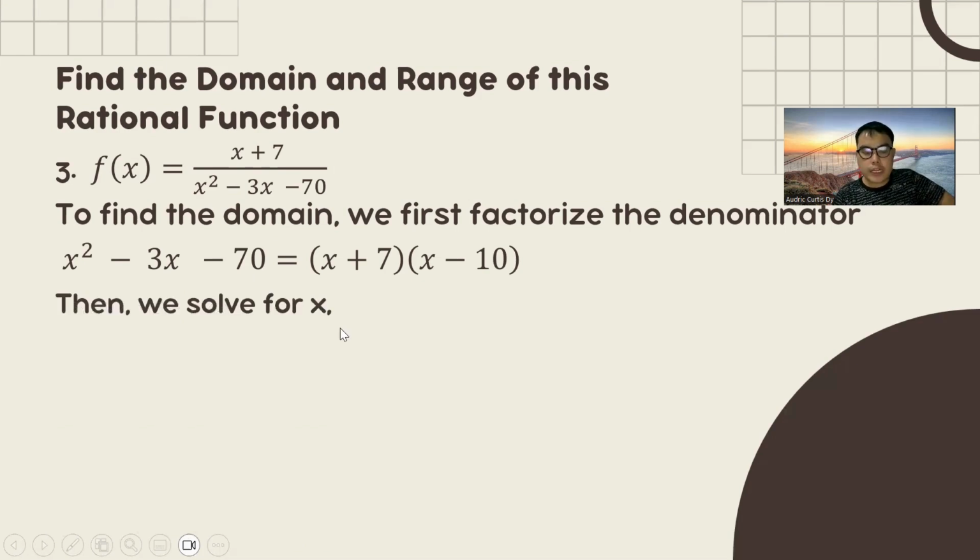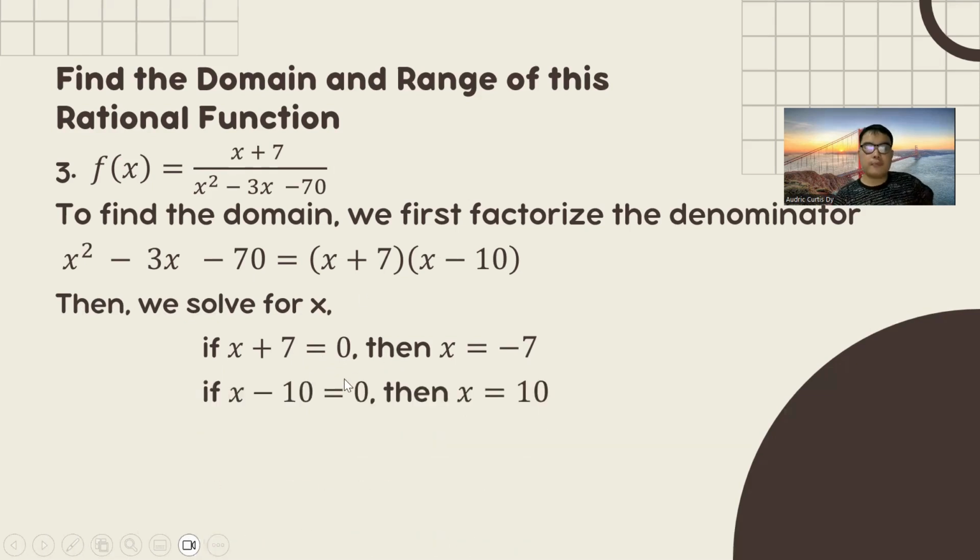In order to solve for x, we're going to equate the first factor with 0. So x plus 7 is the first factor here. So finding the x, it will become x equals negative 7 because na transpose. Here, x minus 10 is equal to 0. So minus 10 will be transposed to the right side. So this will become 10. Again, x plus 7 is equal to 0. So plus 7 will be transposed. Then the sign will be negative. So x is equal to negative 7.